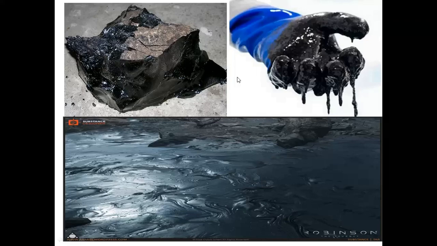And to know the suitability of different types of bitumen for different conditions, we have to carry out the penetration test. IRC and IS code has given the specification that the penetration value should be more than 20 and it should be less than 225 millimeter. That is the range.